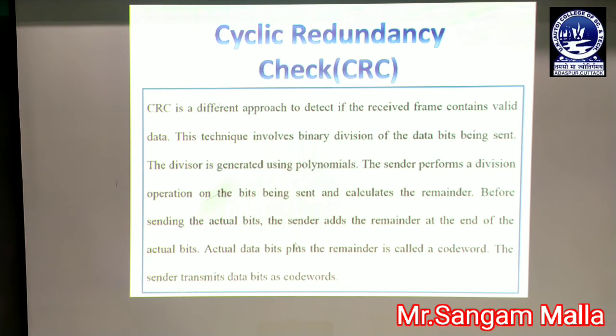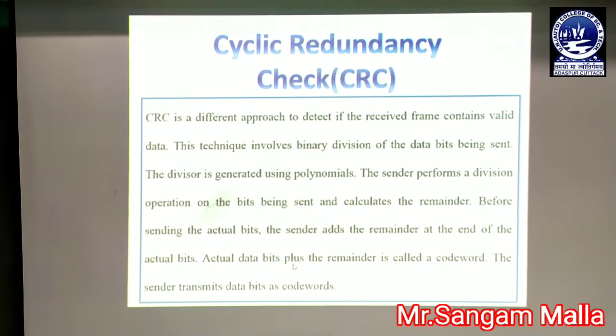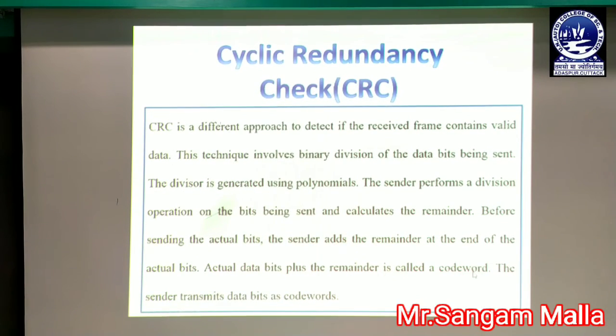That means whenever we are sending the data, the data in the form of bits contains the remainder that has been formed when the actual data is divided by the divisor, which is calculated from the polynomials. So actual data bits plus the remainder is called the code word.